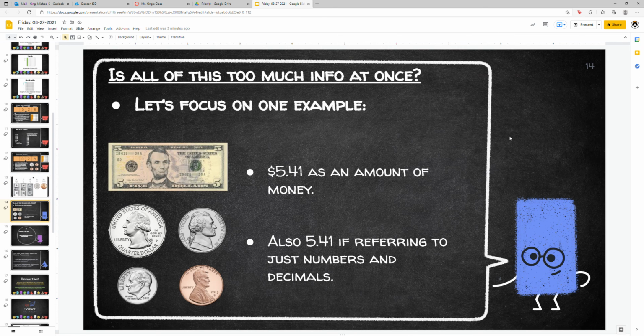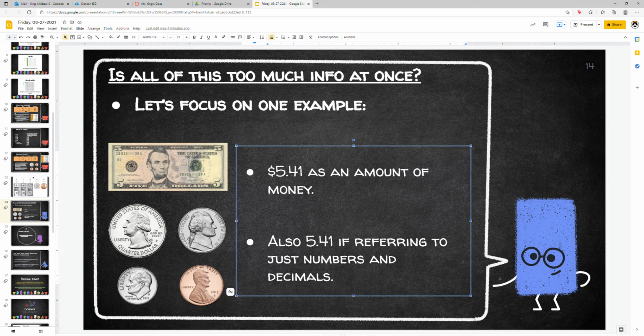So we had this example in our previous lesson also, but if this all seems like too much info at once, let's focus on this one example about relating money to decimals. On screen, the pictures of our money and change here. I've got a $5 bill, I've got a quarter, which is 25 cents, a nickel, which is 5 cents, a dime, which is 10 cents, and a penny, which is 1 cent. So together, that is